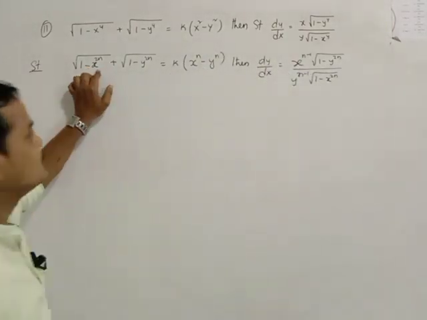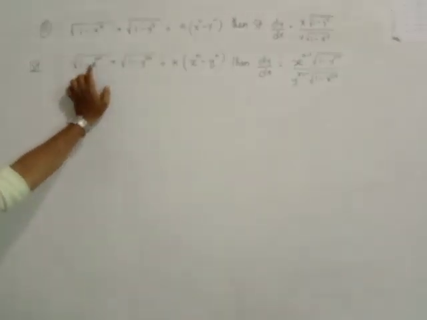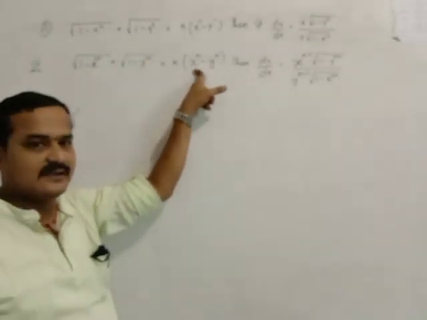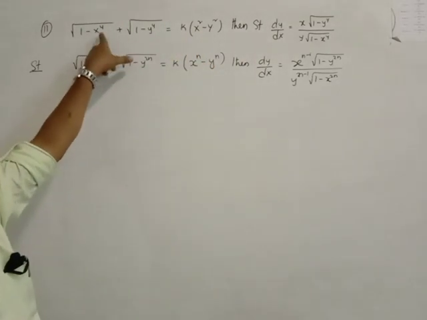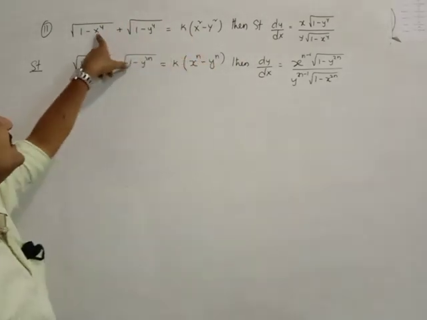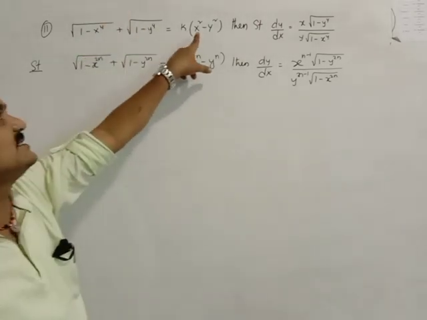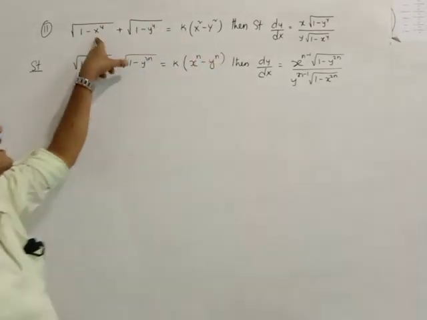Here, see, x to the power of 2n is there, and half of that is x power of n. Here if it is x square, then it will be x power of 4. Suppose here x cube, then it is x power of 6. Suppose here x power of 4, then it is x power of 8.